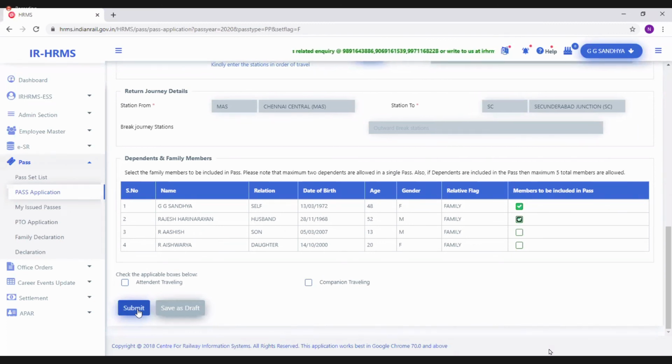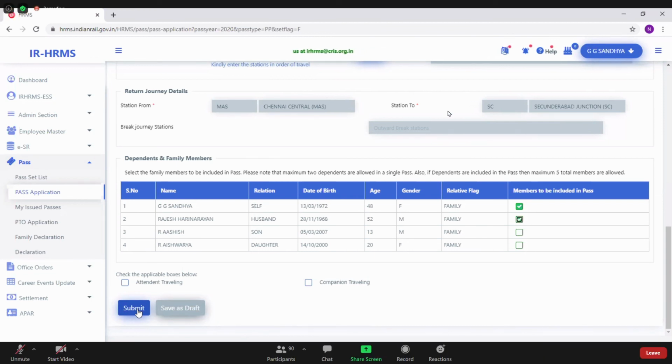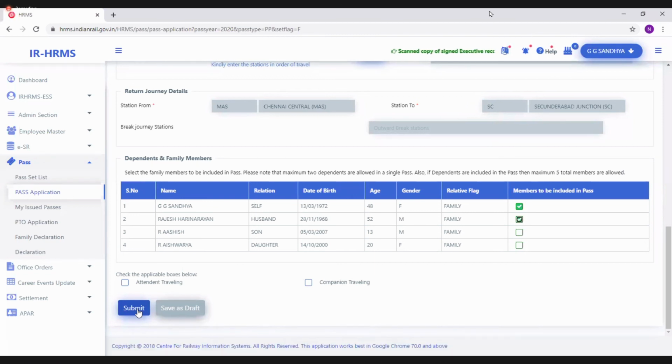Once the pass clerk accepts your pass application online, you will get a mobile phone message with the details telling you that your application has been accepted and forwarded to the pass issuing authority, with his name and designation.